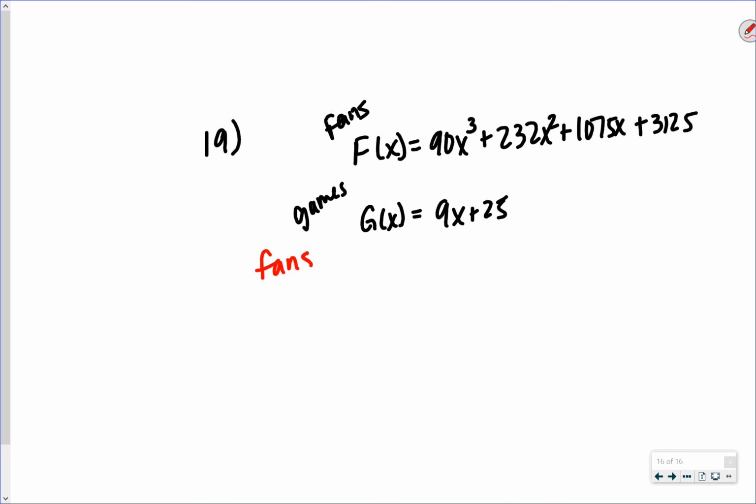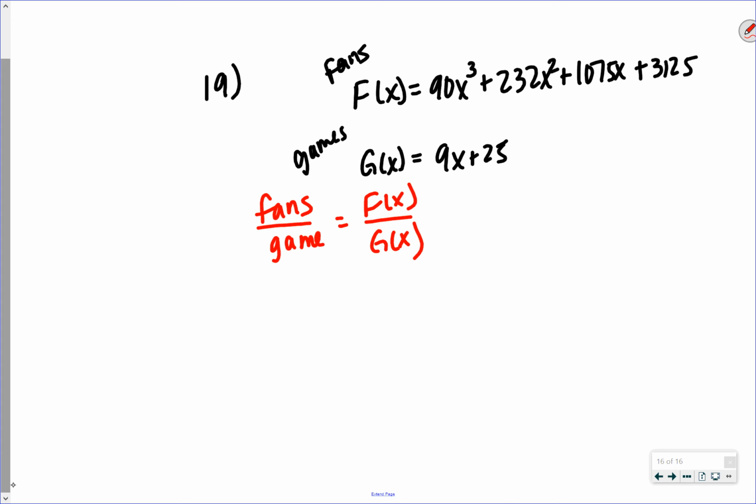So fans per game, we're just going to divide them: f of x divided by g of x. So I'm going to have to figure out what goes in my box. I'm going to do synthetic division. This is what I'm dividing by. Essentially, I'm doing 90x cubed plus 232x squared plus 1075x plus 3125 divided by 9x plus 25. What goes in my box is whatever